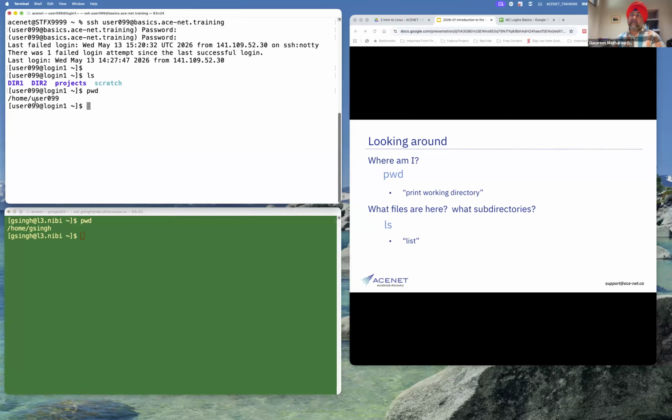On the training cluster, my username happens to be user099, but it shows that I am sitting at my home location. That's the default whenever you log on to any of the computers or a laptop. If you have Linux installed on it, you will by default land onto your home. Okay.